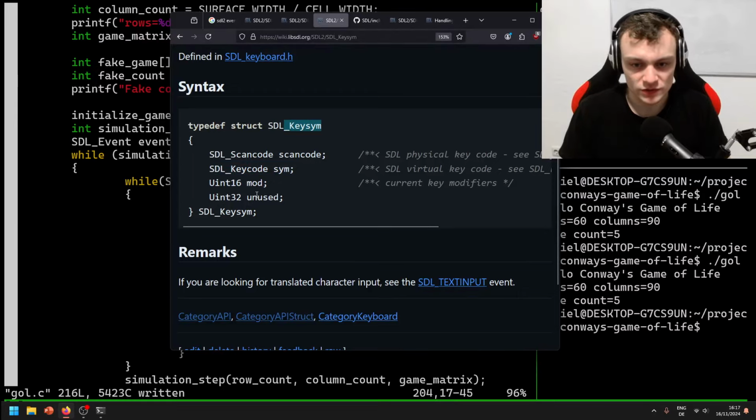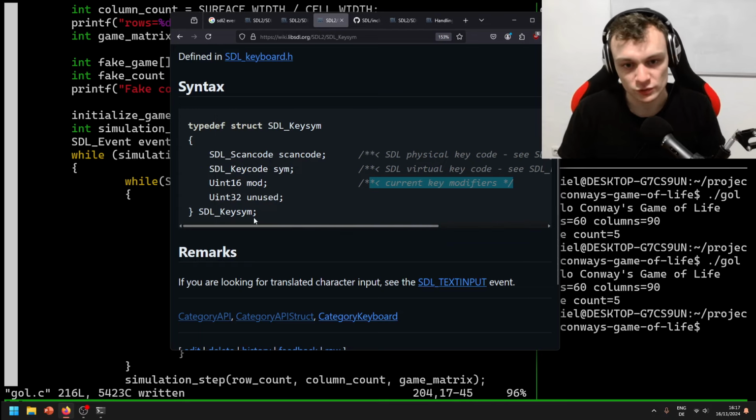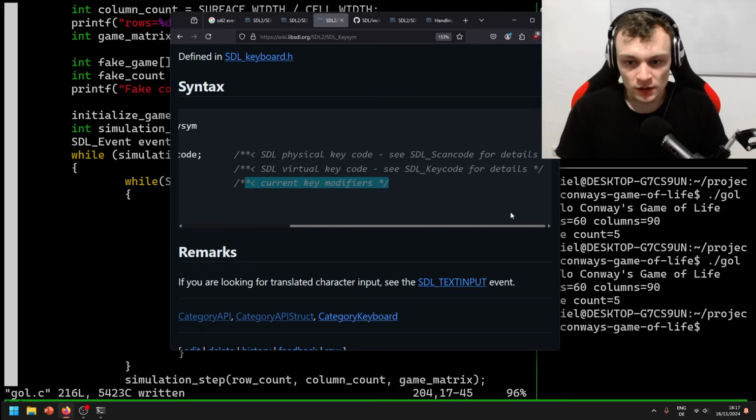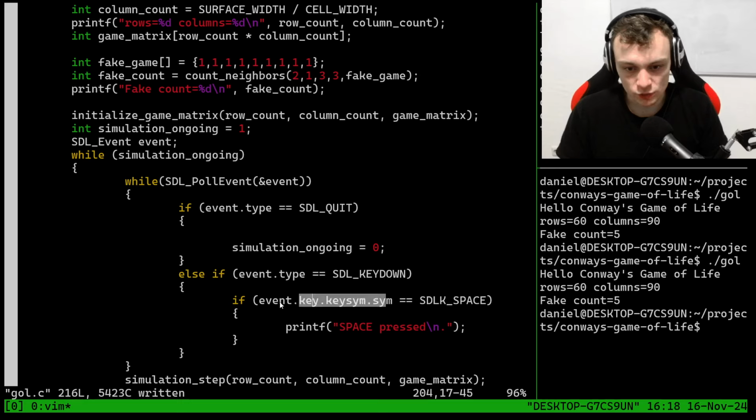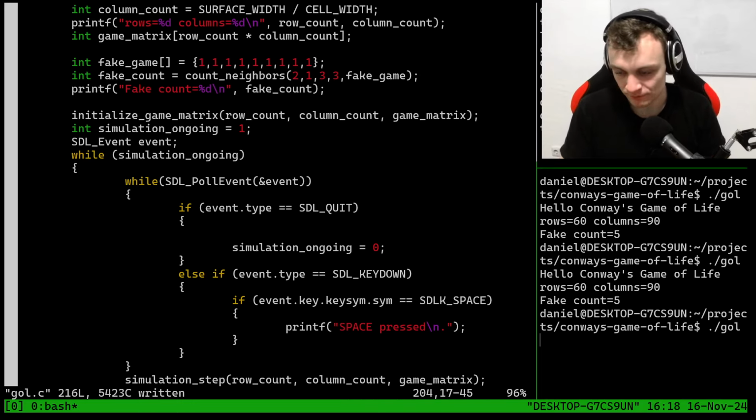Why does it need to be a structure and not just a string? It contains the key modifiers, for example, whether control was pressed, and these kinds of things. Well, okay. If this works, I'm happy. So let's see if we can